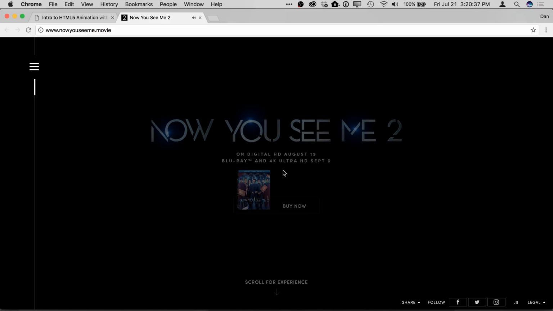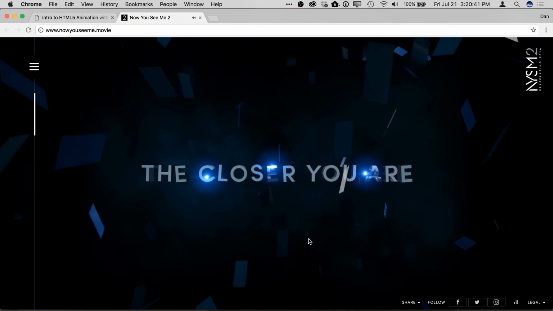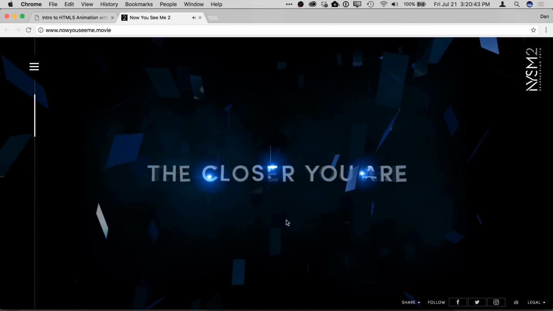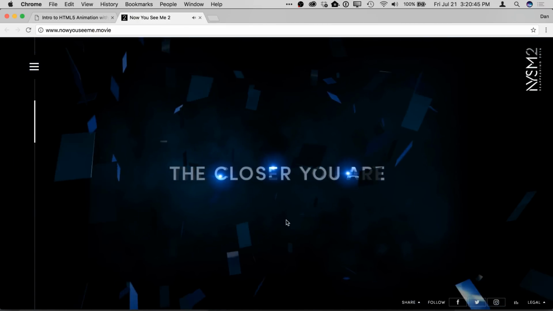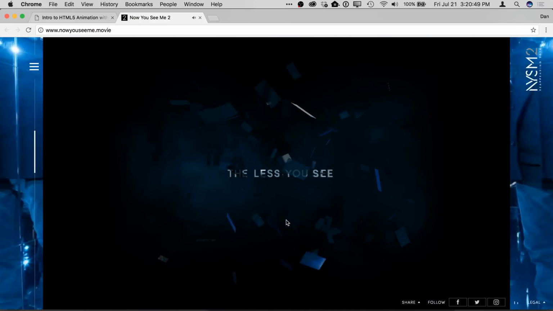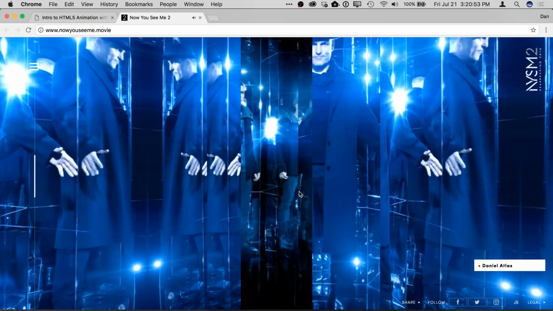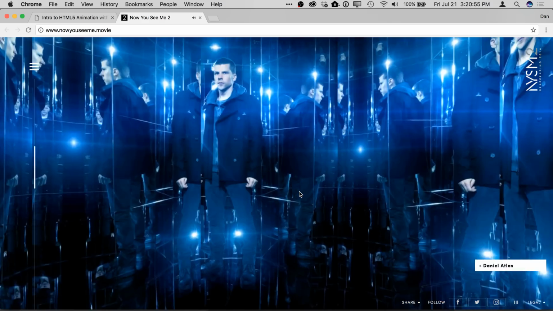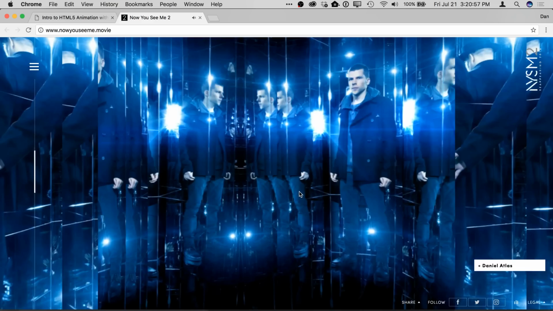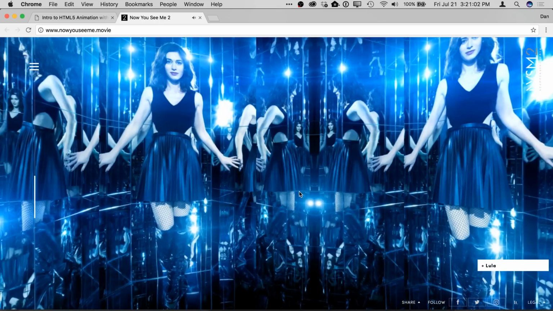And then as I scroll here, just using my two-finger drag on my touchpad here on my laptop, the closer you are, the less you see. So this is kind of a really cool mirror effect, and I can scroll backwards or scroll forwards. It's almost a little dizzying if you go too fast. And so they scroll through each person,